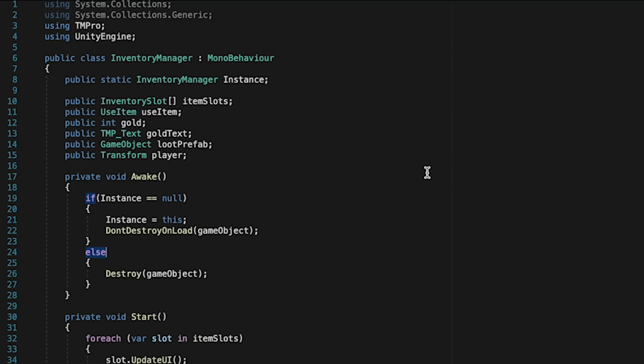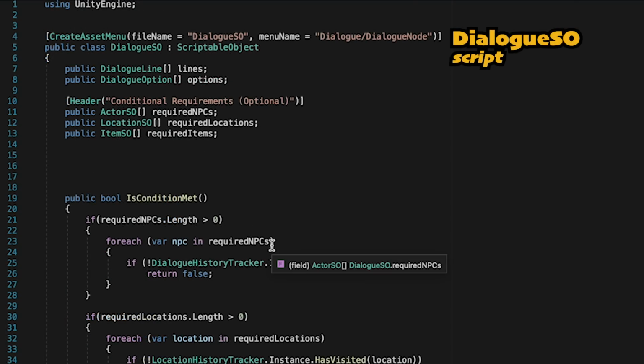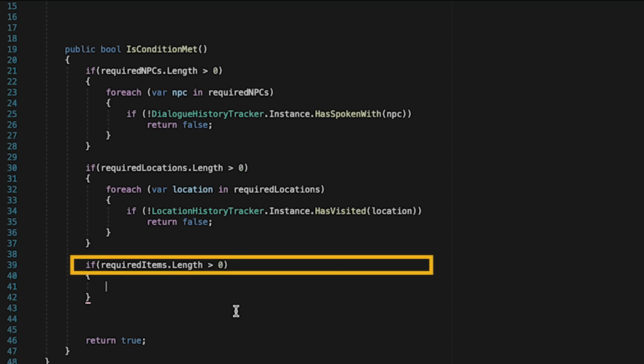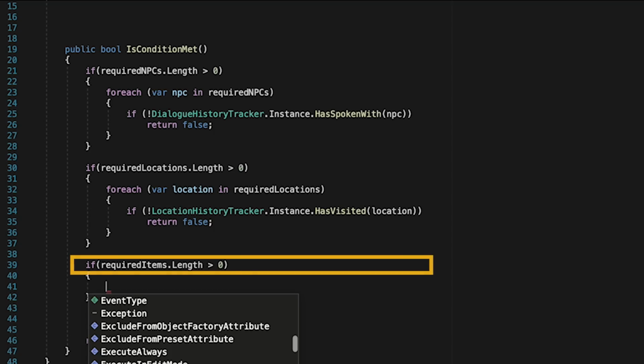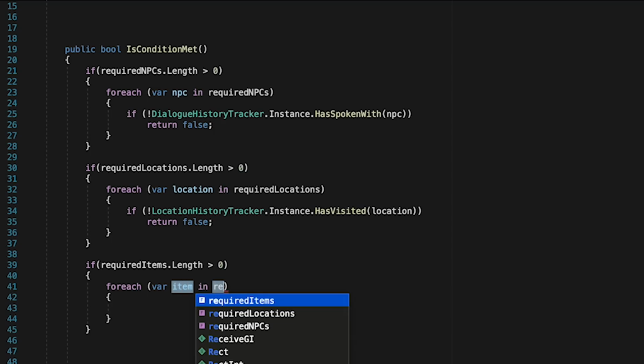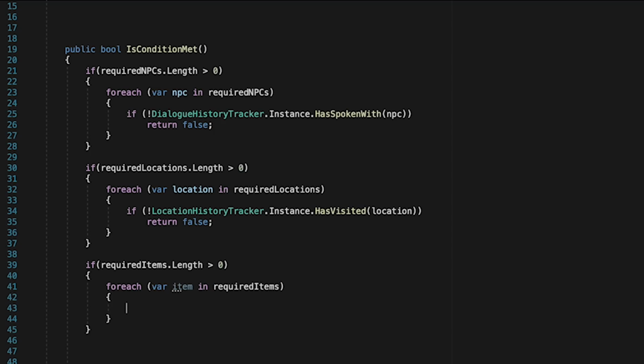Now that we have easy access to our inventory manager and a way to check its items, we can head back to our dialog SO and finish our conditional statement. Here, if our required item's length is greater than 0, meaning we need an item, we're going to add a for each loop. We'll go through each of the items in that require items array,